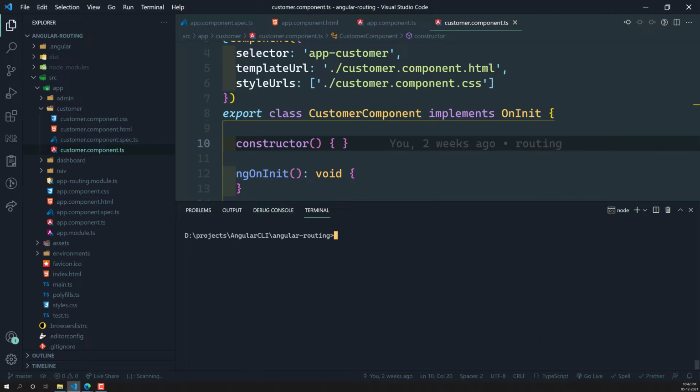Let's try to see it. Normally when you want to test, the command you will be using is the ng test command. Code coverage by default will be false, so if you want to get the code coverage, you need to give the option --code-coverage. When you give this option, it will automatically give you the code coverage report. If you press enter, it will take some time to run the test cases, and it will also generate the report. So let's try to see it.